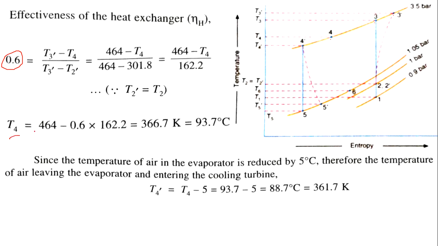So from that T4 is equal to 93.7 degrees Celsius, which means that the compressed air temperature is reduced to 93.7 degrees Celsius because of that heat exchanger. Since the temperature of the air in the evaporator is reduced by 5 degrees Celsius, the temperature of the air leaving the evaporator and entering the cooling turbine, that is T4 dash, is T4 minus 5. So T4 dash is equal to T4 minus 5, that is 88.7 degrees Celsius,